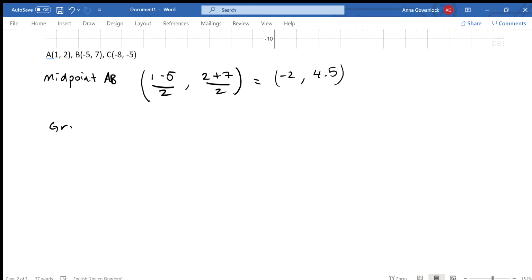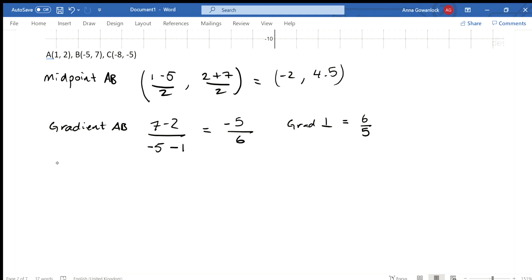Then find the gradient of AB. That's going to be 7 - 2 over -5 -1. So I'm going to get a gradient of -5/6. So the gradient of my perpendicular, I'm going to flip it and multiply it by -1. So it's going to become